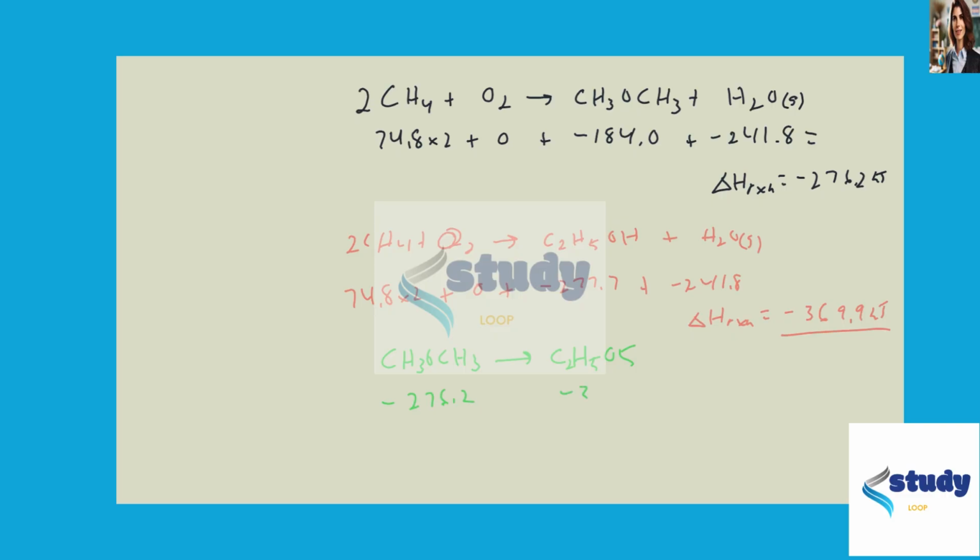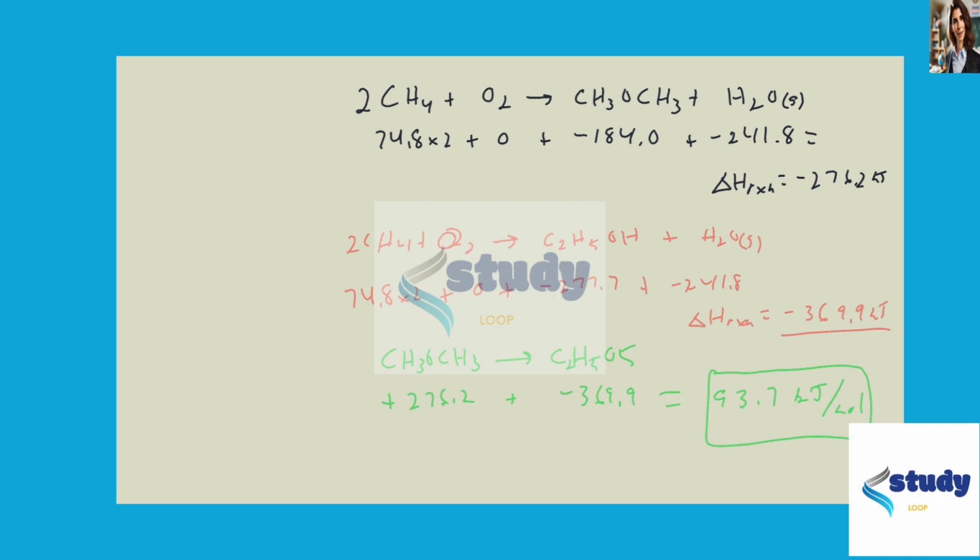This is a negative 369.9. However, this is going to be a positive because we are not forming it. That's the formation. We're not forming it, so change the sign. And when we combine these together, we get a value of 93.7 kilojoules per mole. So that is the enthalpy needed to change it from,